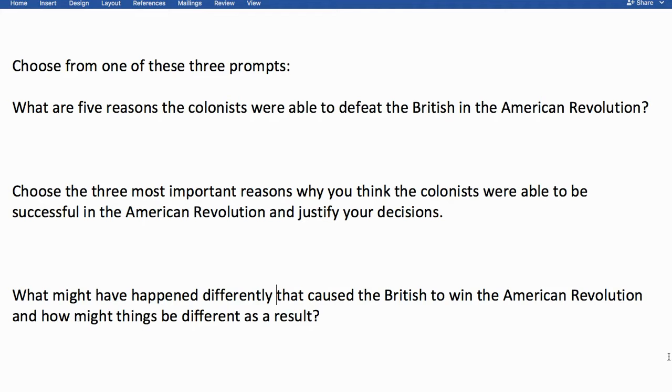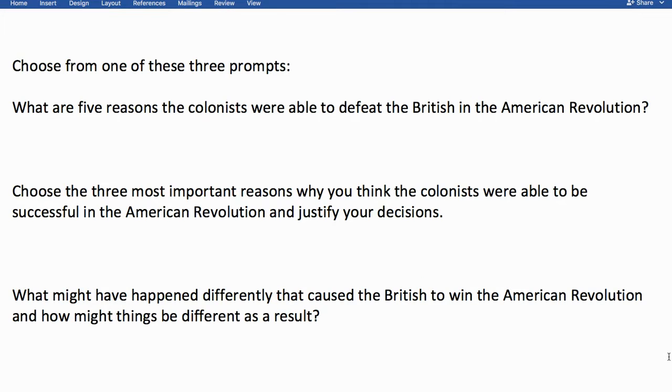And so kids are taking the same information of reasons why the colonists beat the British, but they're putting their own thinking into it, and they're taking it to the next level and ranking these in order of importance. The third question is what might have happened differently that caused the British to win the American Revolution, and